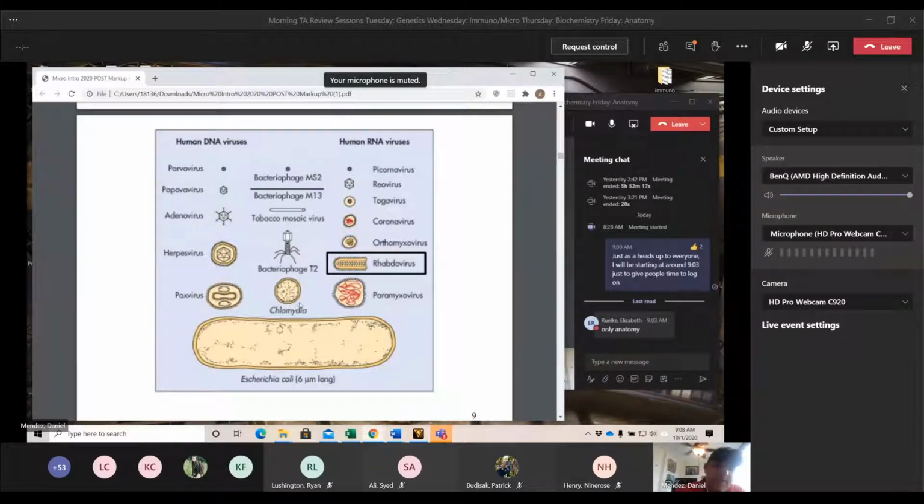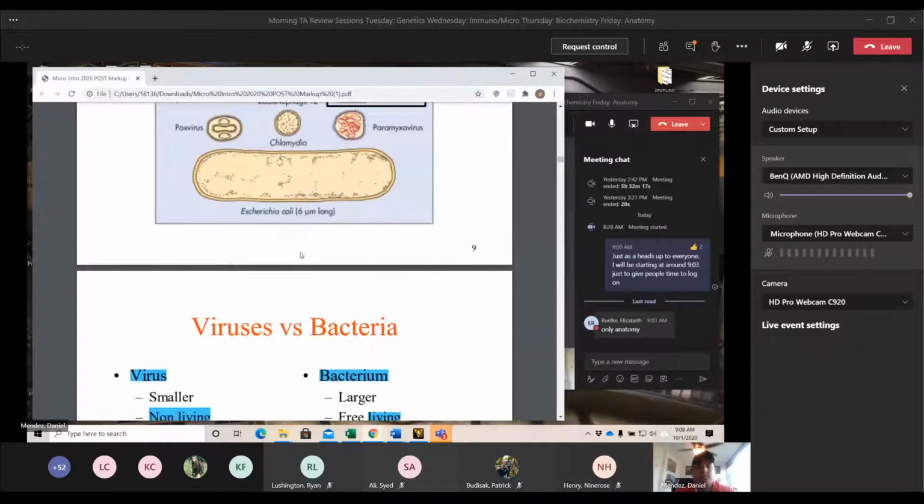You can see you do have a few viruses that are similar in size to bacteria. We have chlamydia here as a reference. We have paramyxo and the pox virus. So they are very similar in size, but after that, the viruses get increasingly smaller here. So that's just an idea for a frame of reference. There shouldn't be any tough questions on this slide, but it's something to look at and think about when you're thinking of the relation of size of these microbes.